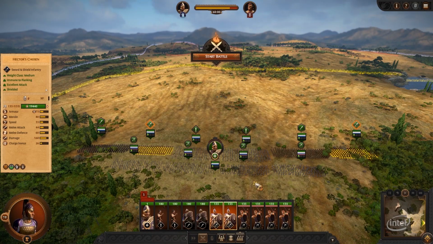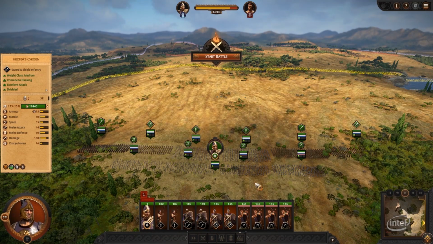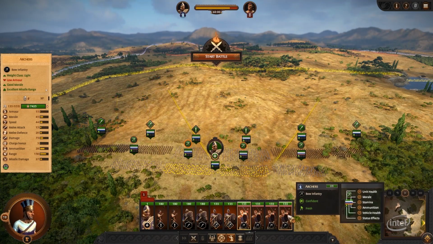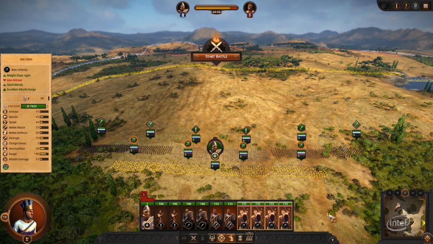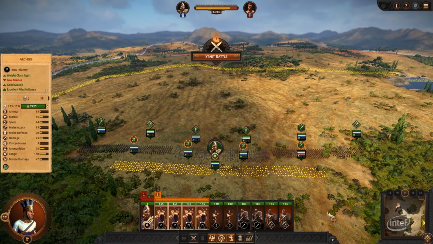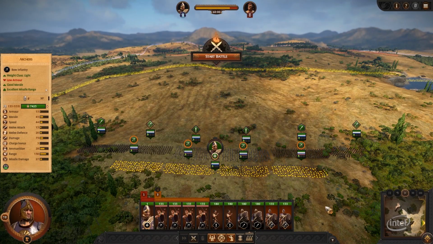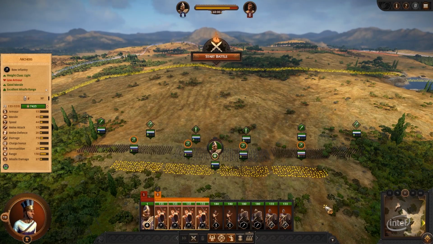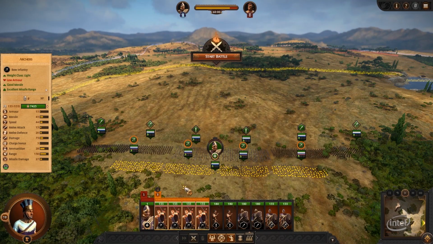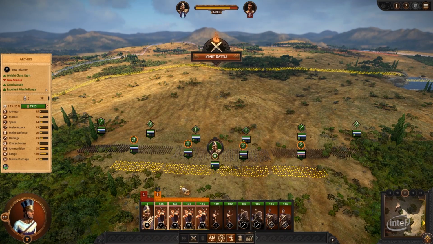Sometimes, you'll want to choose a custom number for a group. To demonstrate that, let's go ahead and select all of our archers. We'll hold down Control and tap the number 3. This will assign them the number 3, so now I can quickly select them by tapping that on the keyboard. It's good to develop habits as to which type of unit is given which number, so that on the battlefield,